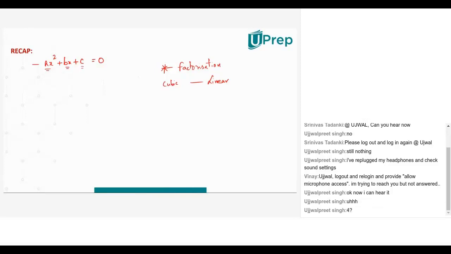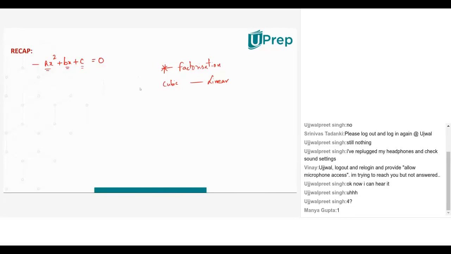Let's understand this before I answer. How does a linear factor appear? Say x minus 1, x minus 2, x minus 3. I have taken 3 such linear terms. What happens if I multiply these two? When x and x get multiplied, I get an x square term, and any other product: 1 into x will give me x, 2 into x will give me 2x, 2 into 1 will give me 2. So if you observe, when two factors are multiplied, the highest degree term is 2.